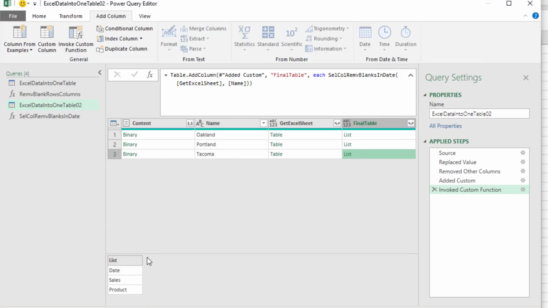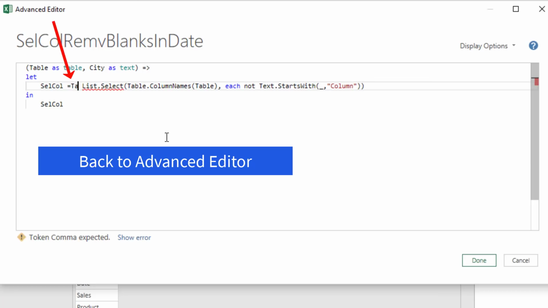And sure enough, the last one, there it is. That's pretty cool. We can go back and forth as we build our custom function and see what it's evaluating to. Now we want to use this list to only select the correct columns in the full table. So now we use